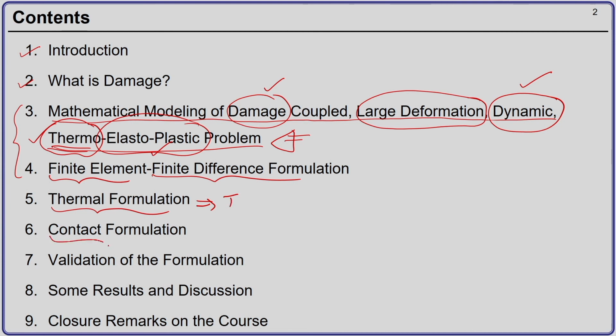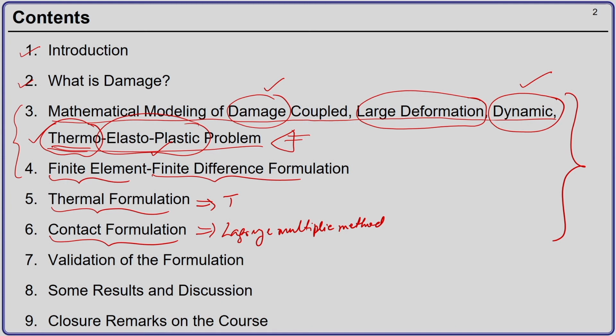And then because it is a contact problem, we have to carry out the contact formulation, so that we can ensure that one body which is impacting another body should not go inside the other body. For this we will use what is called the Lagrange multiplier method. We will use the Lagrange multiplier method. And once we develop the formulation from step 3 to step 6, we have our formulation.